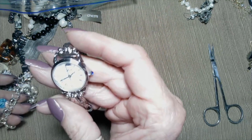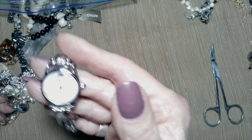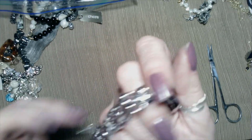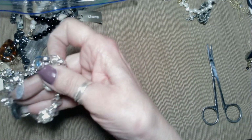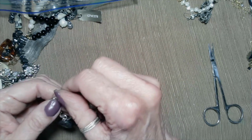Kirk is the name of this watch. K-R-K. Kirk. Pretty different, and it's got the little safety chain on it. Got a few watches come out of there. This, I think, is a